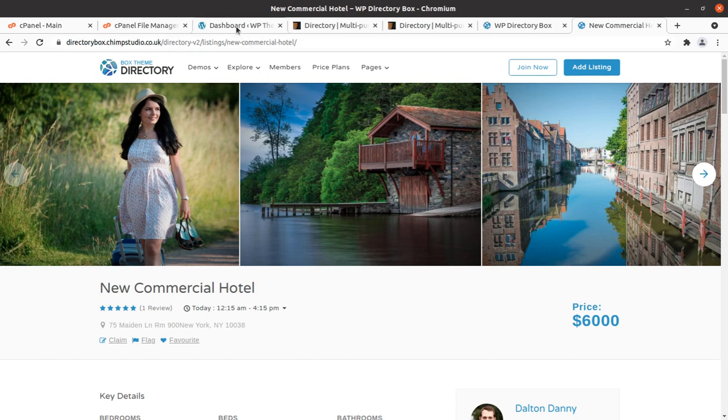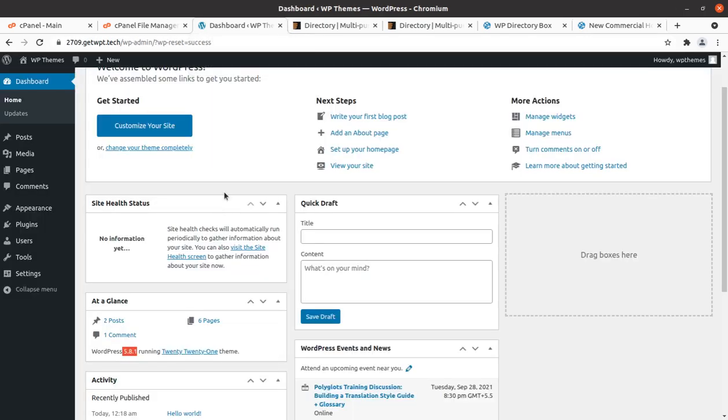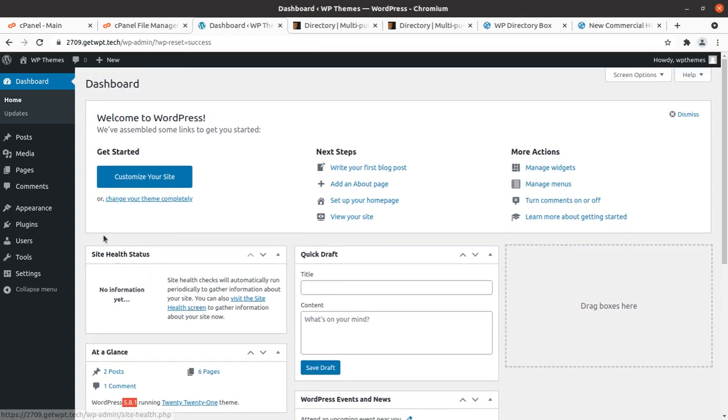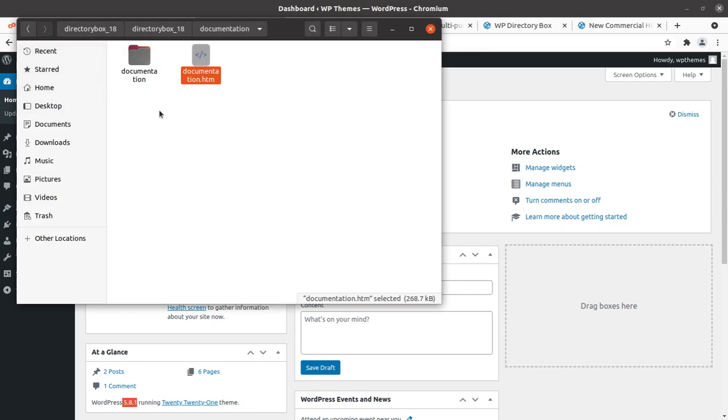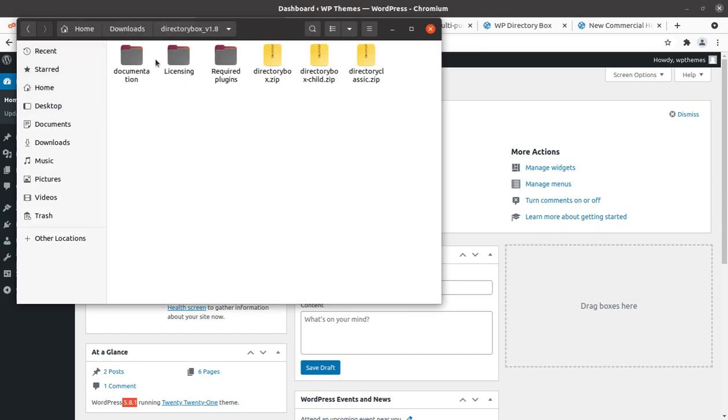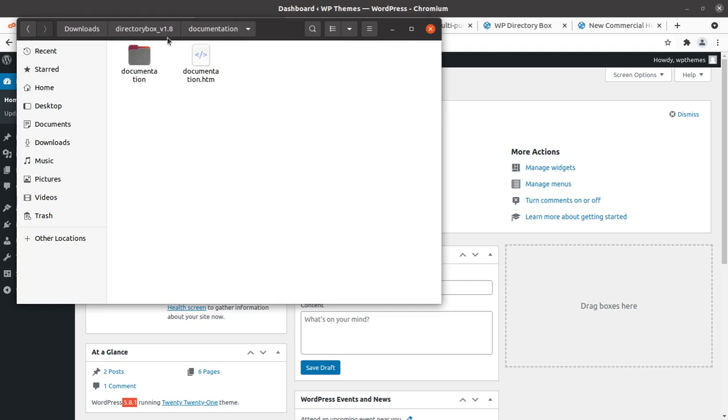And let us begin the installation of the Directorybox theme. We have a ready WordPress installation for this, and I got the theme pack. In the theme pack I have a documentation folder, licensing of course, and required plugins have been given separately so that we may install the plugins directly if we want to manually install the plugins.